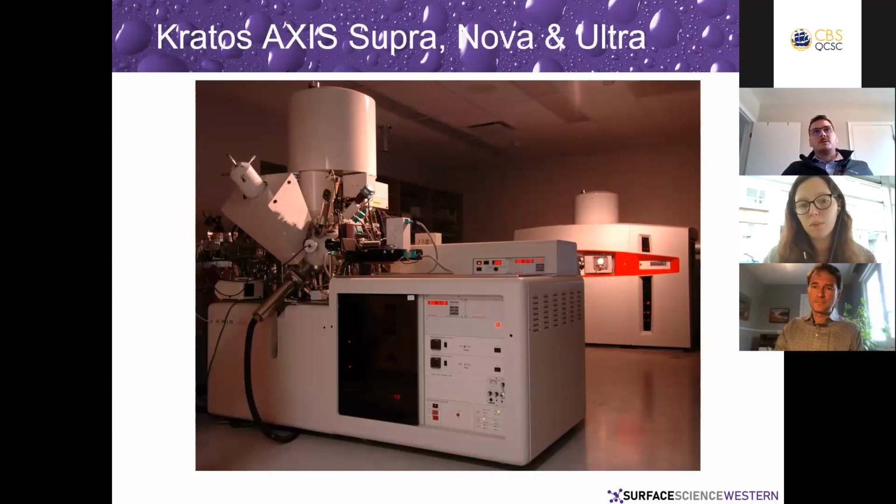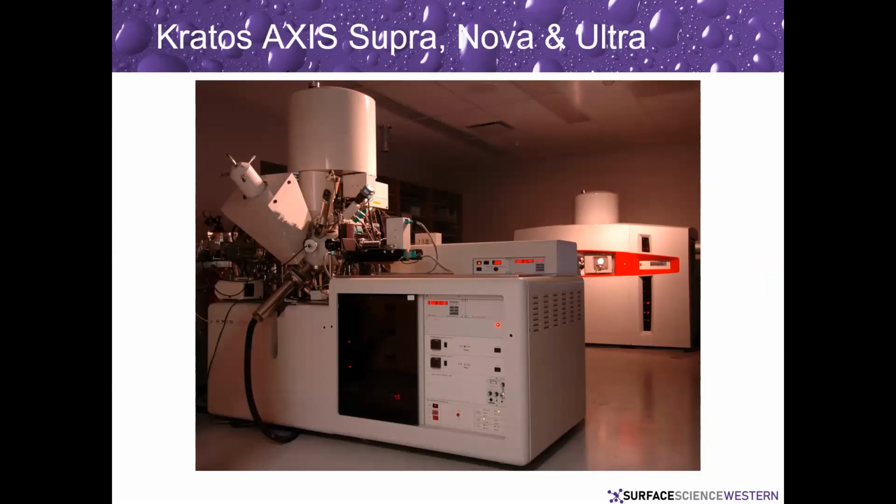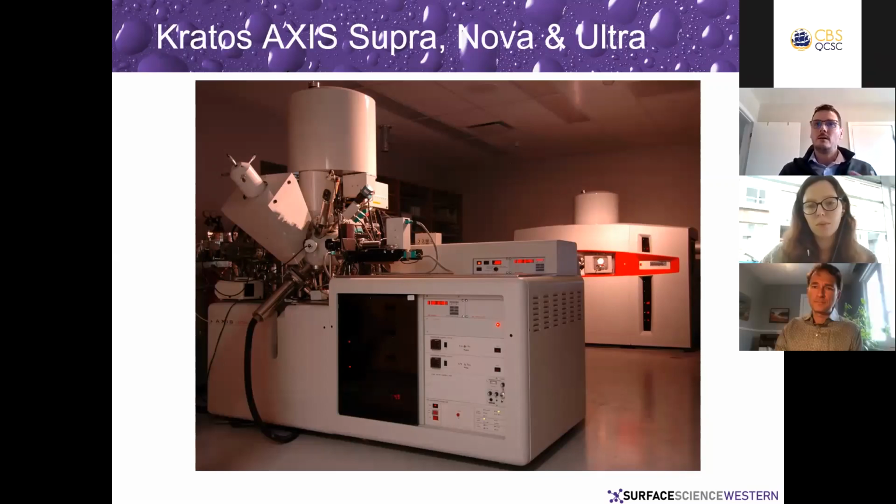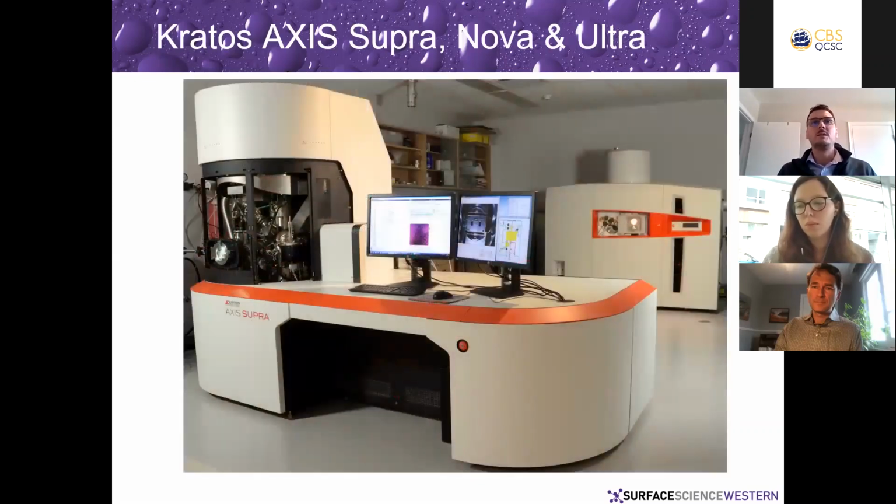The instrument in the front there is the Kratos Axis Ultra, and I understand that you guys also have an Ultra at Laval. So this was an instrument we got in around 1999, 2000. The instrument in the back is the Kratos Axis Nova. That instrument in particular is set up as more of an industrial instrument where you put in a whole bunch of samples. It has a large platter that you can put a lot of samples on, set up for automated analysis. About 2.5 years ago, I guess it is now, we replaced the Ultra with the latest Kratos Axis Supra,